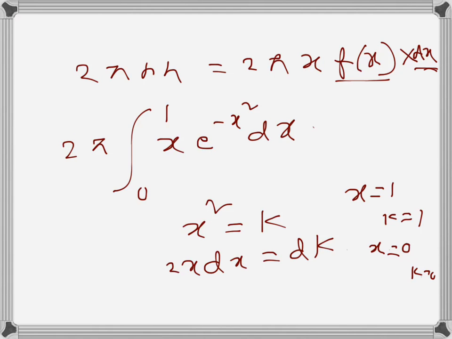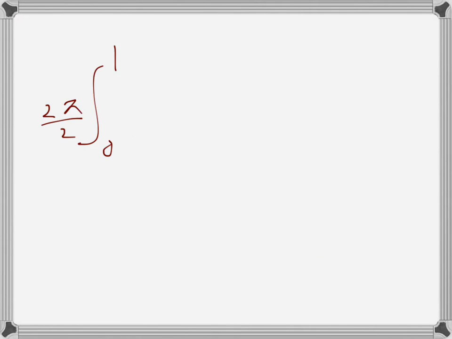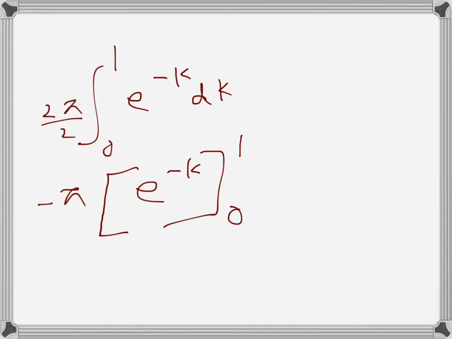So the limits 0 to 1, 2 pi, and this is becoming half now, because x dx is half dk. So that too is outside here, and then e to the power minus k instead of x square, dk. So that's the integration that we have to do. So this is becoming pi, and then this is negative, e to the power minus k from 0 to 1. So that's minus pi, and then e to the power minus 1 minus e to the power 0,